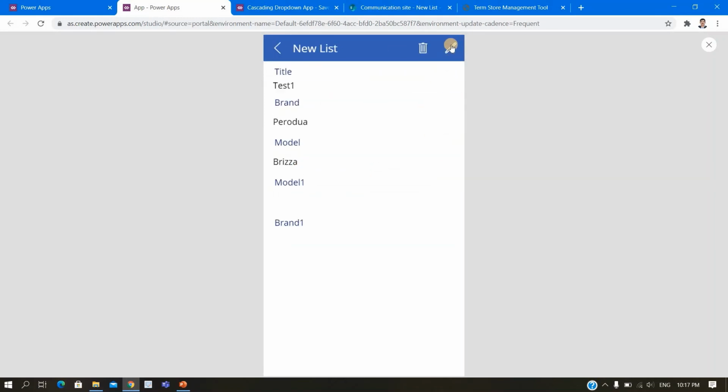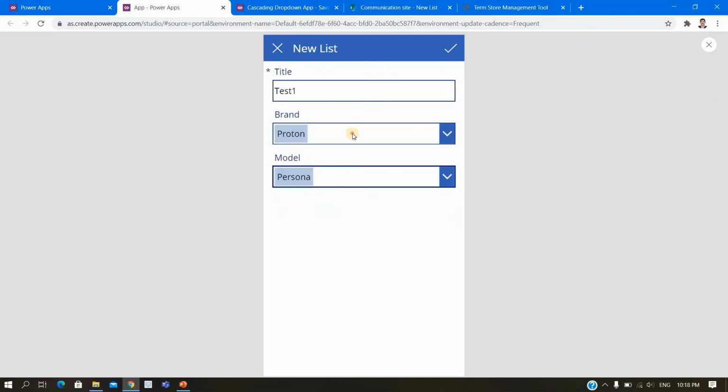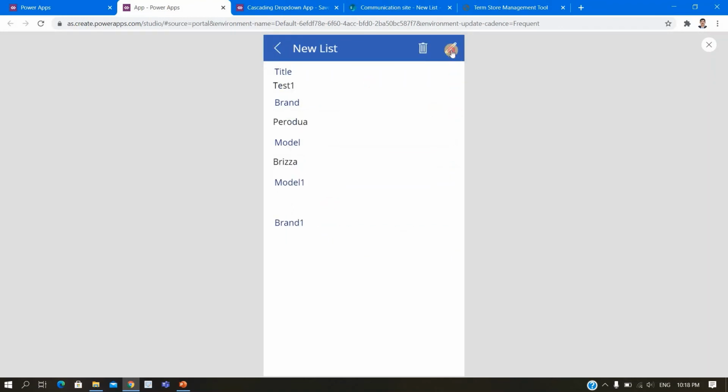Okay, if I edit, so if I change, it will be Proton Persona, and if I click Perodua, it will change. Correct.